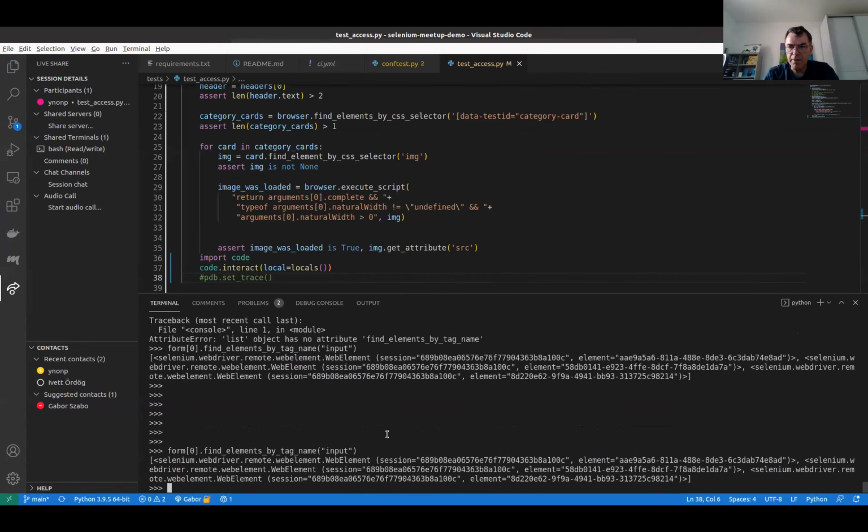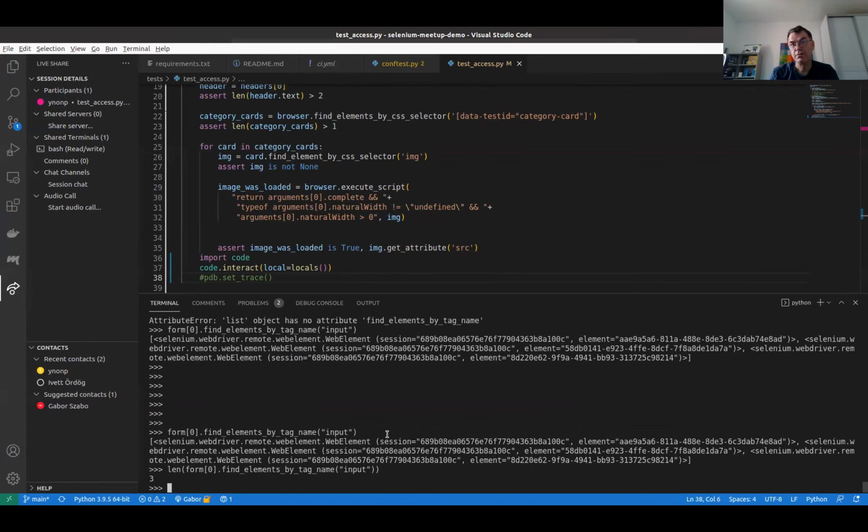Okay, these are the input elements. Okay. We have 3.